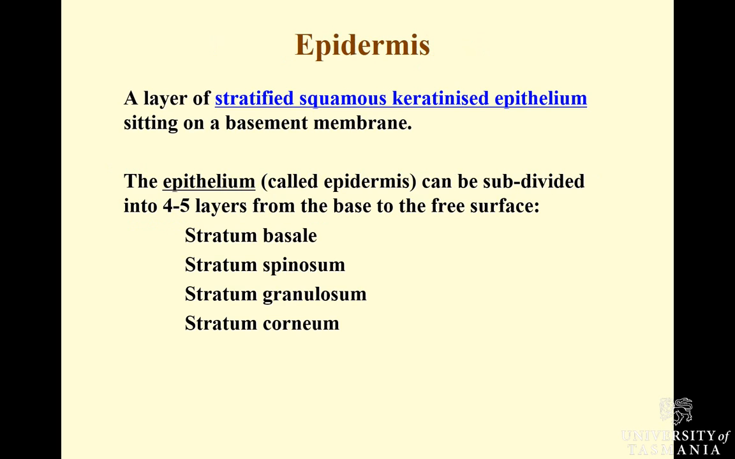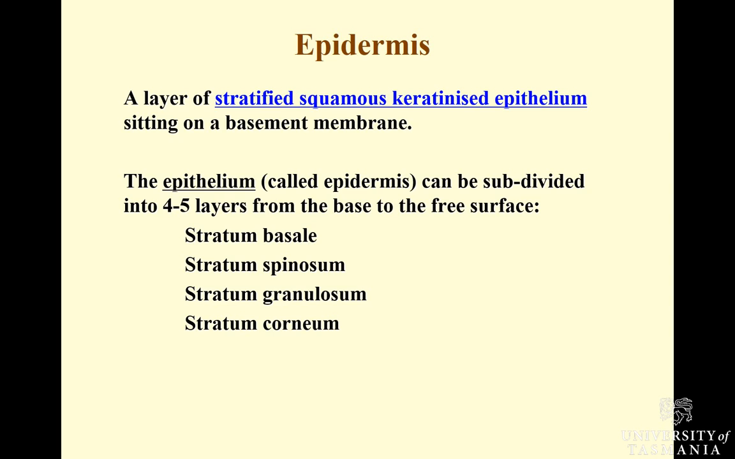So let's begin. If you remember from the last video, the epidermis is a layer of stratified squamous keratinized epithelium, and of course that sits on a basement membrane. Now the epithelium, which we call the epidermis, can be subdivided into 4 to 5 layers depending upon whether you're looking at a section of thick skin or thin skin. Thin skin has 4 layers, thick skin has 5, and they're described from the base to the free surface as